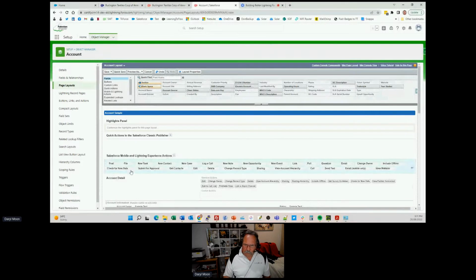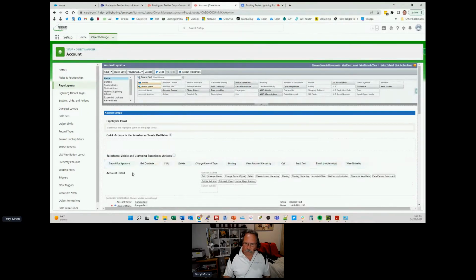Okay, so now here's our Lightning ones. And again, I'm going to get rid of them. Why? Because I'm going to use dynamic actions on my Lightning record page. So I don't need any of these buttons. So I go through and I get rid of all of these buttons. Don't need any of them. So just quickly drag them up the top there, get rid of them. One by one, only takes a minute. And don't forget that your users will be loading this page maybe dozens of times every day. So every time they load it,